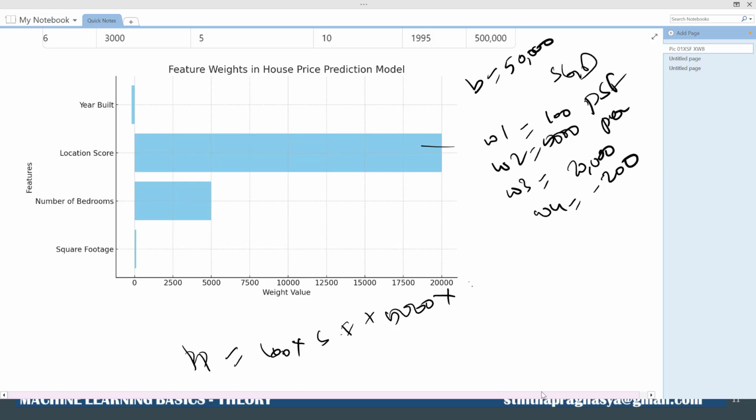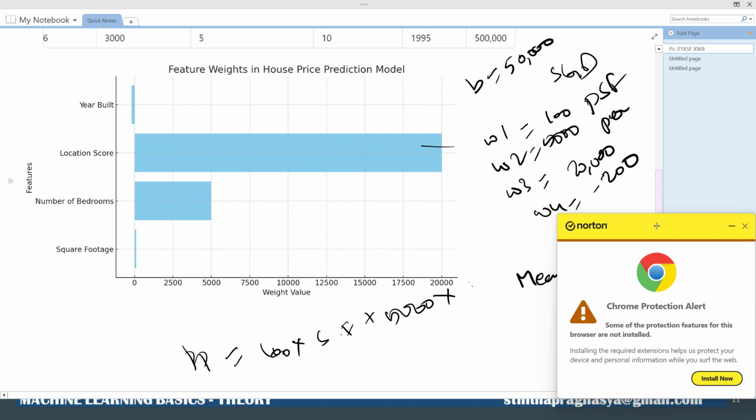The model is trained by minimizing loss function, which is mean squared error, which measures the difference between the predicted prices and the actual prices. The algorithm adjusts the weights iteratively to reduce this error. Once the model is trained, it can be used to predict the price of new house. Okay, and let's